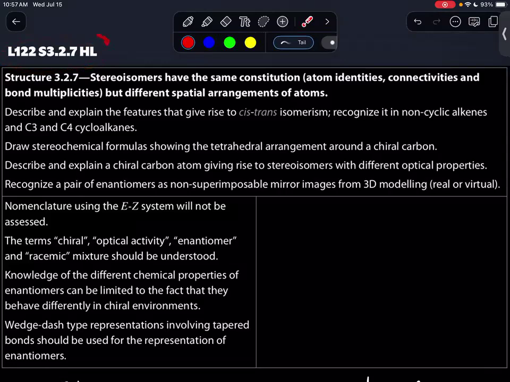Today we're doing structure 3.2.7, which is an HL topic. We're covering all of it. It's quite a long section. We're talking about stereoisomers, which have the same constitution, so atom identities, connectivities, bond multiplicities, but different spatial arrangement of